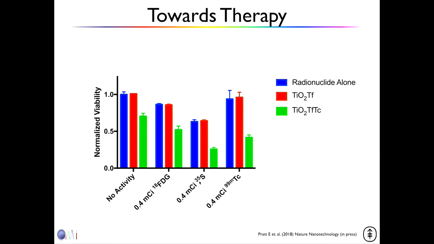Here is 35 sulfur, which doesn't give any Cherenkov, but it does give betas. And together with the titanium oxide and this transferrin receptor and the titanocene, which is in the original paper by Samachilifou's group, you can see that the cells are killed by this combination as well, and actually even better than with the radionuclide or the FDG. This was what they used in their paper. Not the green stuff. This is the green, yes, but this is the sulfur. And you can see that even two agents which don't create any Cherenkov still induce photodynamic therapy, which is not really photo, you could call it particle-based dynamic therapy, if you want. So there's more going on, basically.